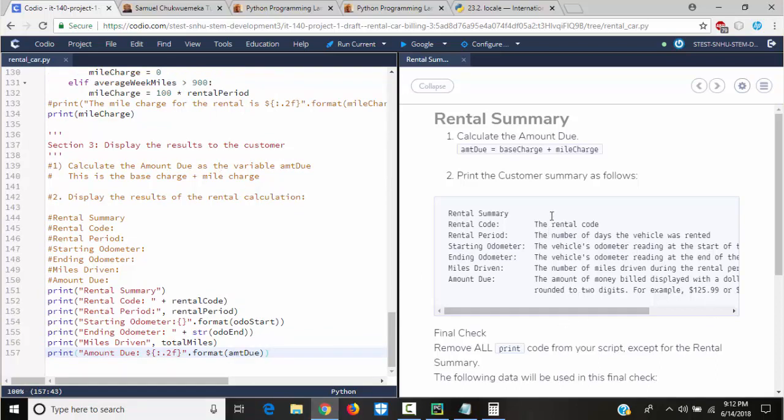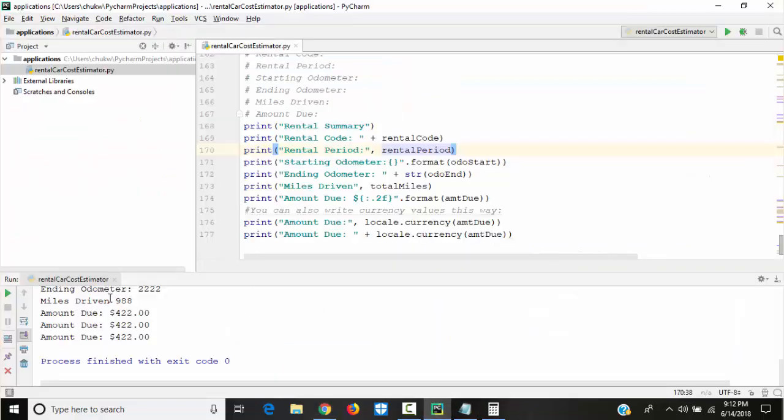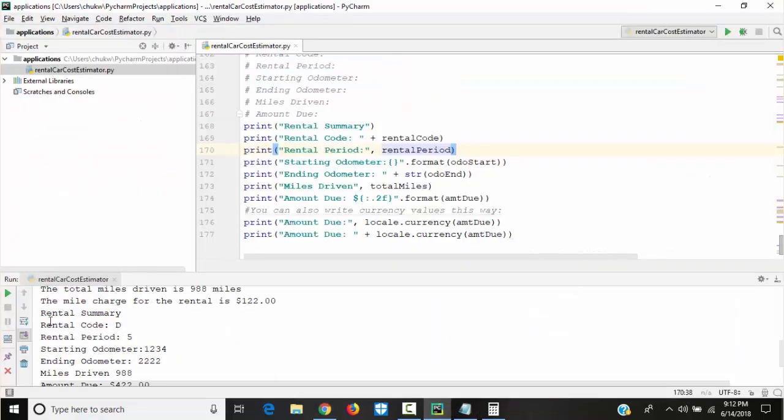Okay, Codio wants us to remove all print code from your script except for the rental summary. As you see here, I think the whole thing gives us rental summary, rental code, rental period, starting odometer. Yeah, we can put space in the starting odometer space. All you need is to just put space here, just like this, starting odometer.